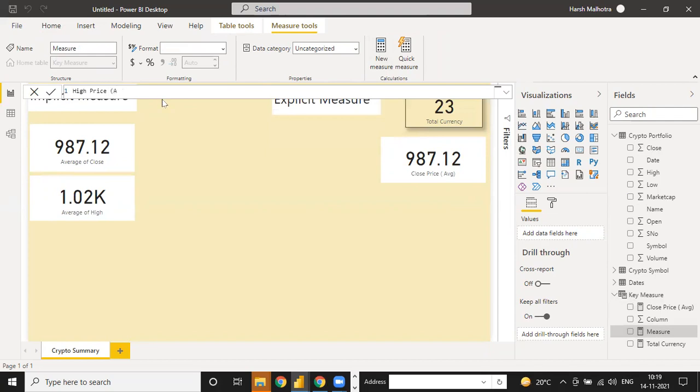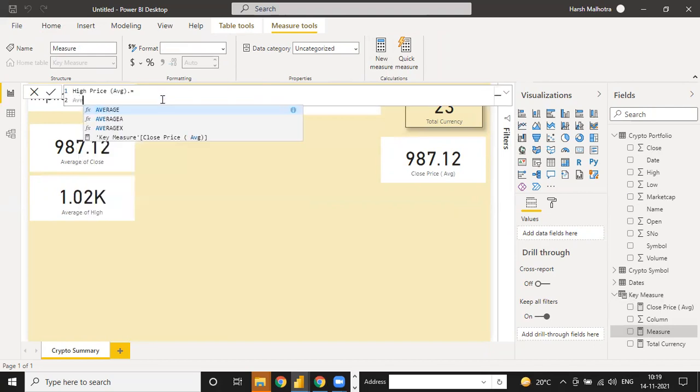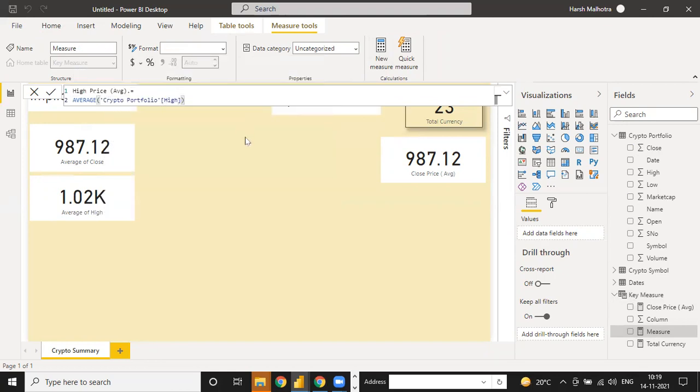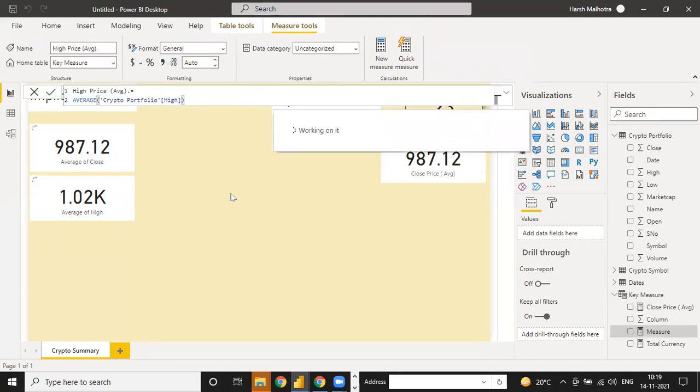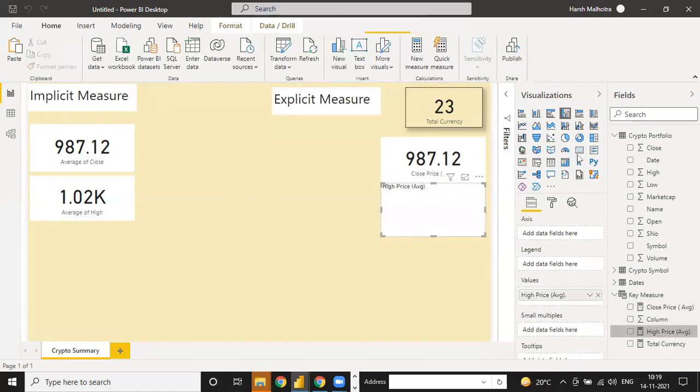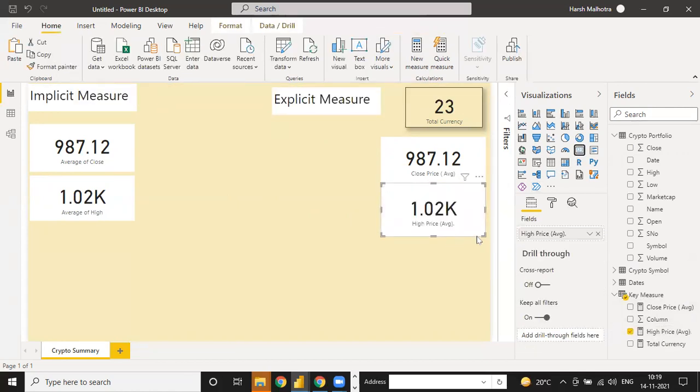High price average, and you can use the average function of high price, crypto portfolio high price. Select this. See, the answer is the same.